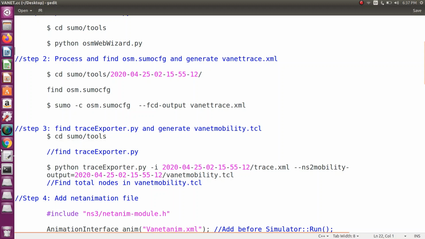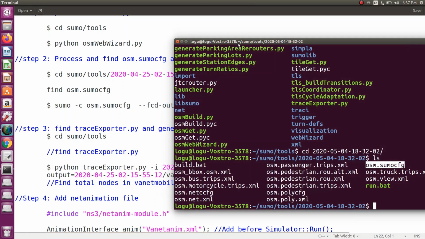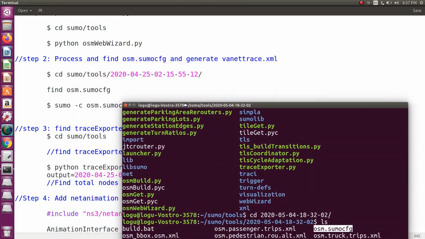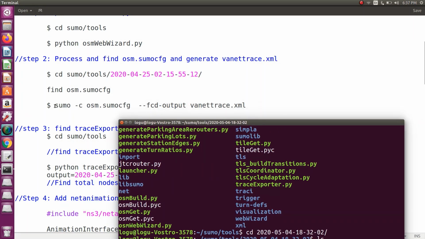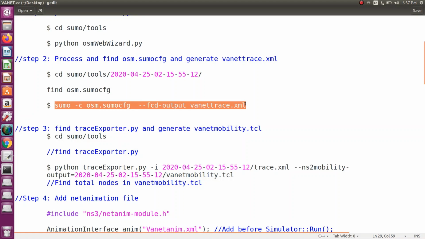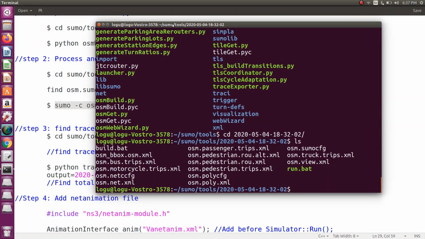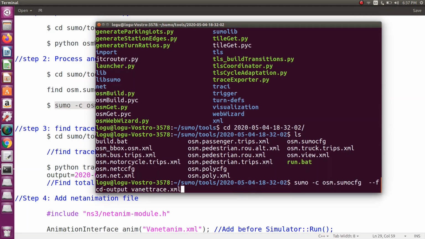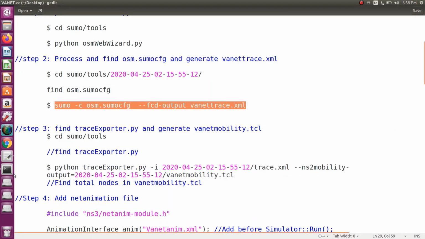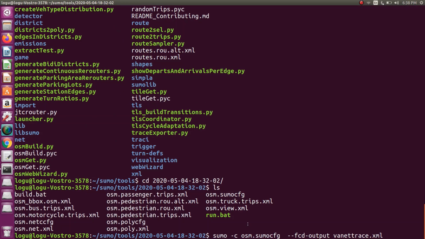Okay, so we want to generate a trace file means, so first you type this: sumo minus c OSM dot sumo config minus fcd output.